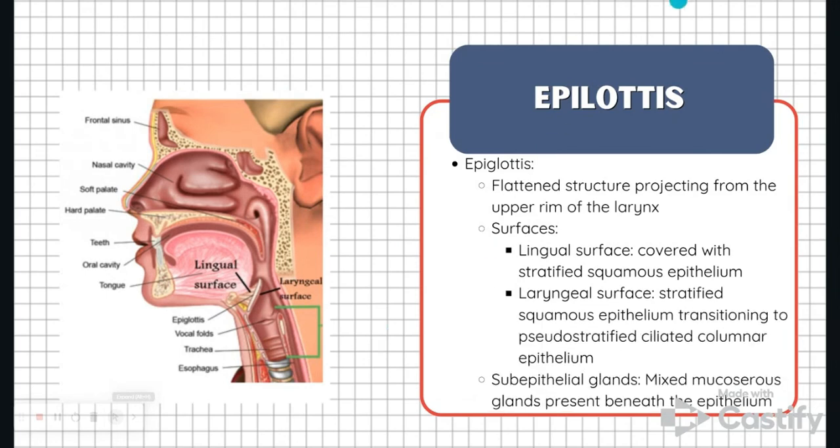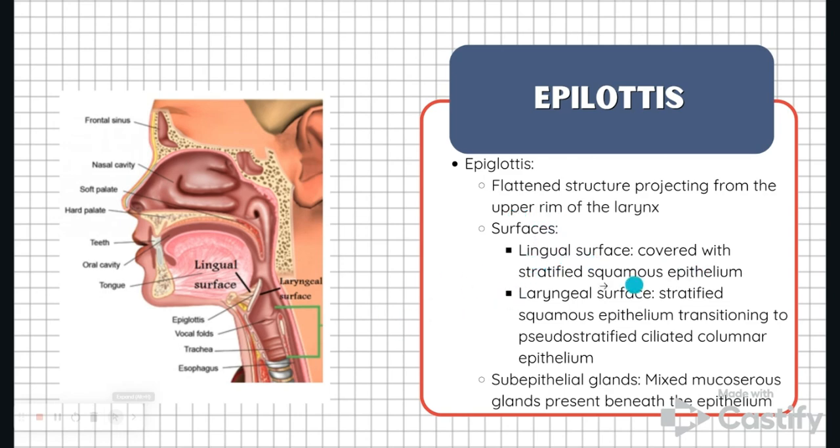Okay, now let's discuss the epiglottis. The epiglottis is a flattened surface projection from the upper rim of the larynx. Okay, its function, it's like a gateway. I think of it as like a door, like it opens and closes. Okay, the surface is a